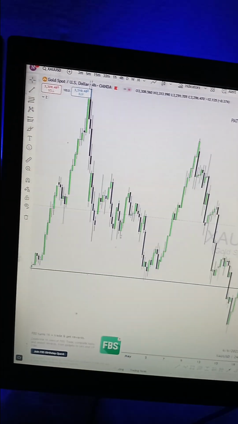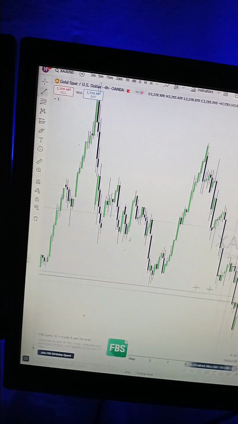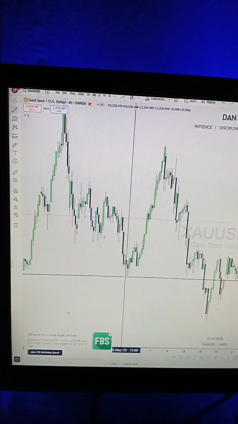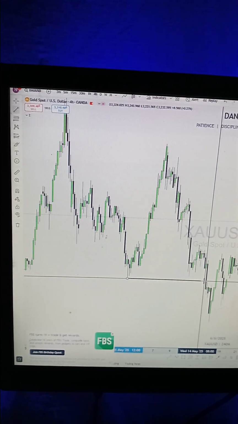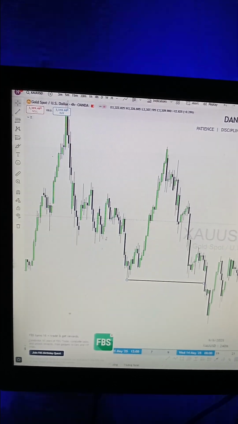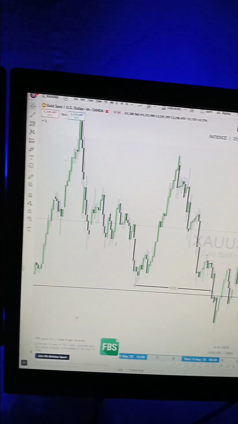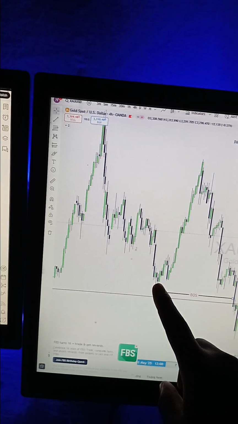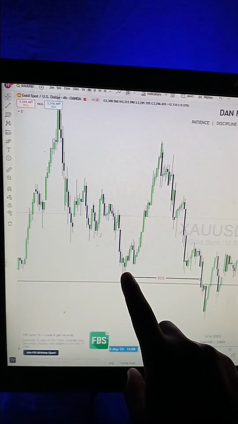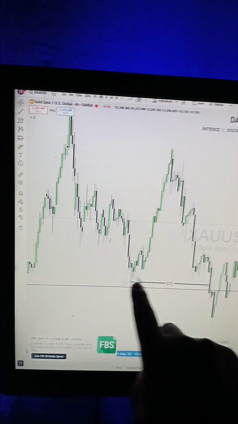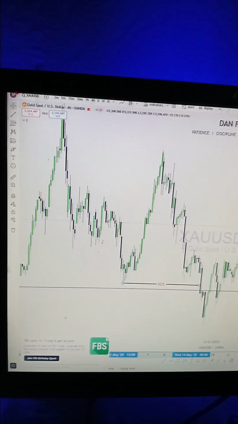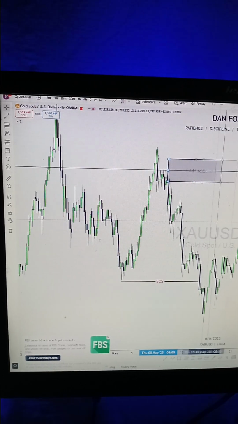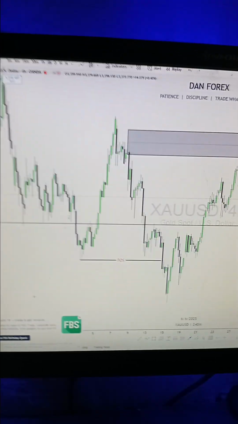Number one, gold is very bullish. So we had this low being taken out, so this might give us a break of structure to the downside. But this is an area of liquidity. But we have a break of structure. So this break of structure was caused by what? This is the supply zone which caused that break of structure.